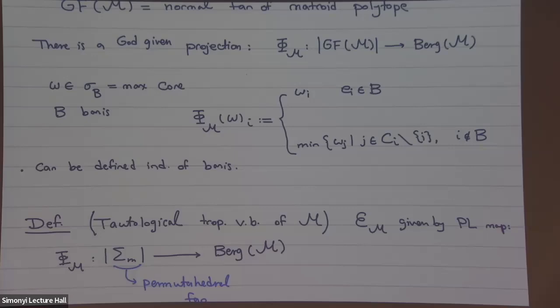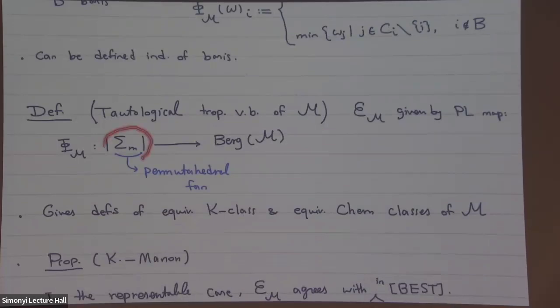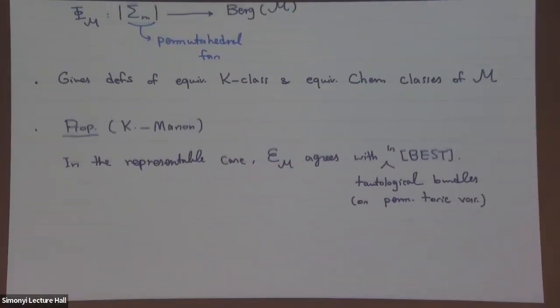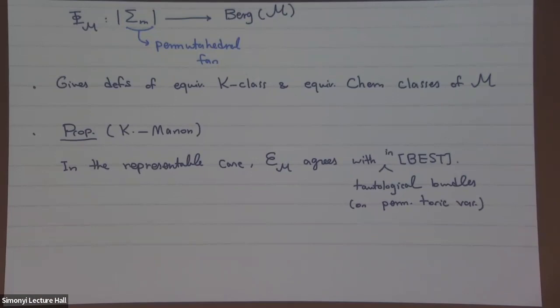Okay, so this is defined for each maximal cone, for each basis, but it's independent of the choice of basis if a point is in the intersection of two maximal cones. So you get this natural projection, which should be familiar for people here, from the Grosvenor fan to the Bergman fan, which then naturally gives us a map from the permutahedral fan to the Bergman fan. And by construction it is piecewise linear in the sense which I described before. So this gives us one of these toric tropical vector bundles. And then one of our results is we check that in the representable case it agrees with the tautological bundles on the permutahedral toric variety